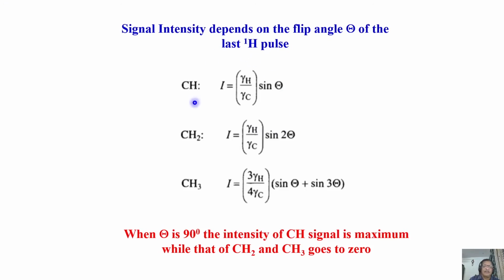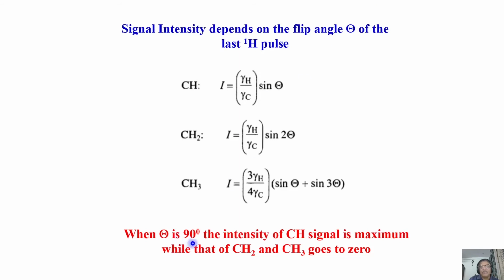You can derive the pulse sequence, you understand what is happening mathematically, and if you go into theory, you can work out how the intensity varies as the flip angle phi varies. Based on this only, the graphs have been drawn. You can look at it.